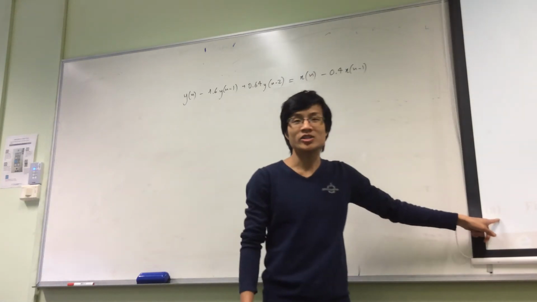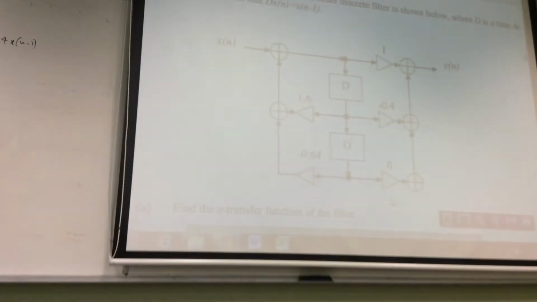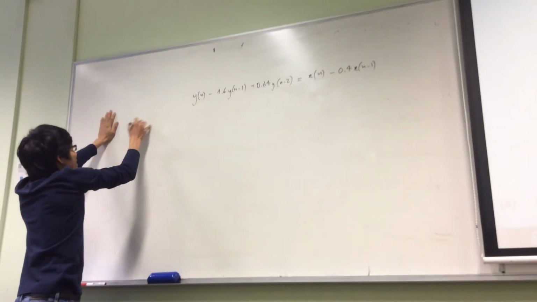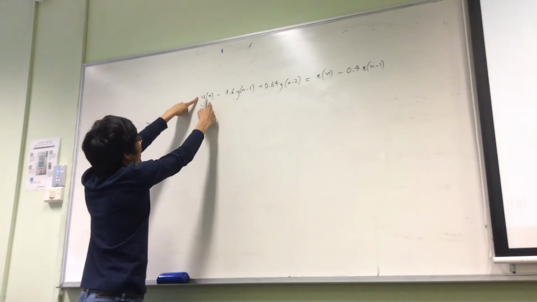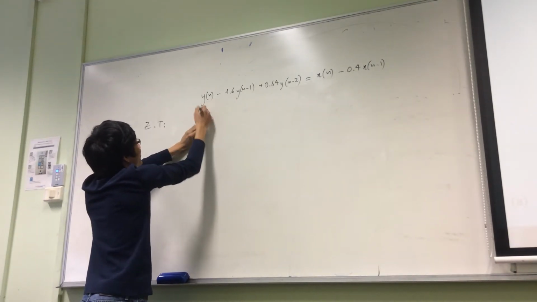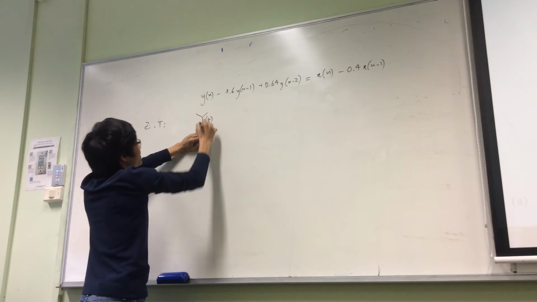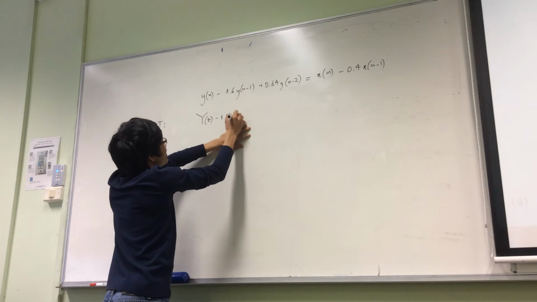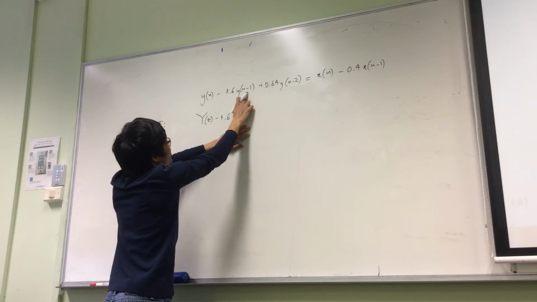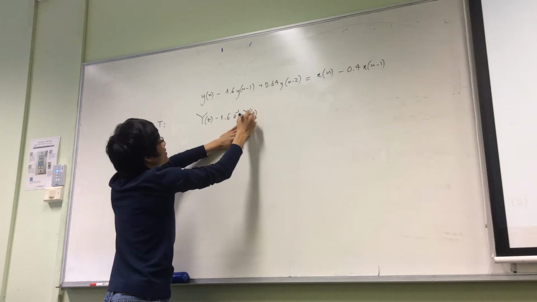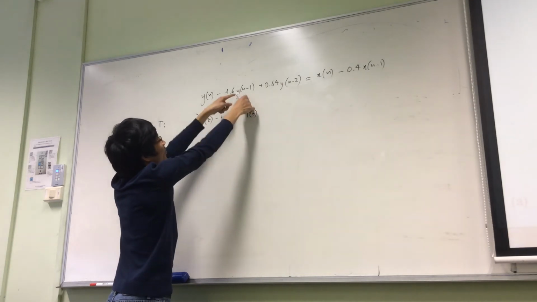Find the z transfer function. So we need to take the z transform on both sides. So y[n] will become capital Y(z). This one will become 1.6 z to the minus 1 times Y(z), and the next one becomes 0.64 z to the power of minus 2 times Y(z),